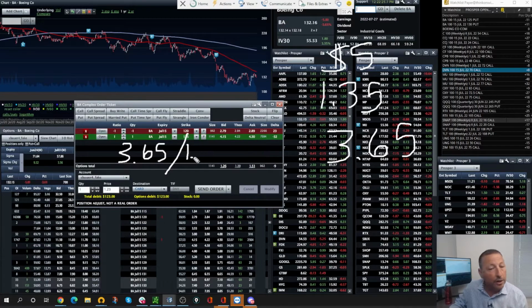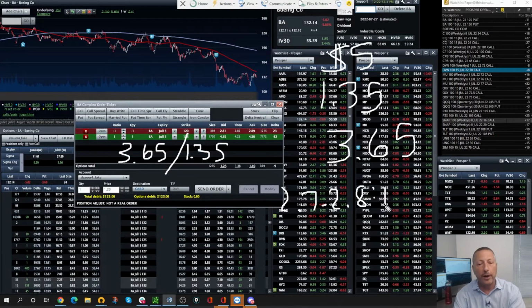the risk, no matter what happens here, that's the beauty of using a spread like this, even if it goes the wrong way, okay? Even if we're wrong in our analysis, the most we could lose is $1.35. Okay, so we base our reward to risk off of the maximum exposure we have. If we take 365 divided by 135, okay, that gives us somewhere between a 2.7 and 2.8 to 1